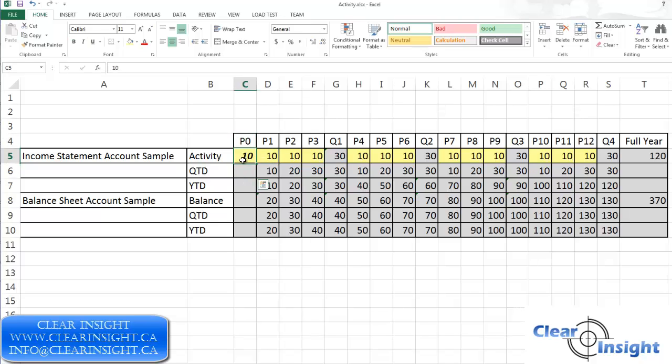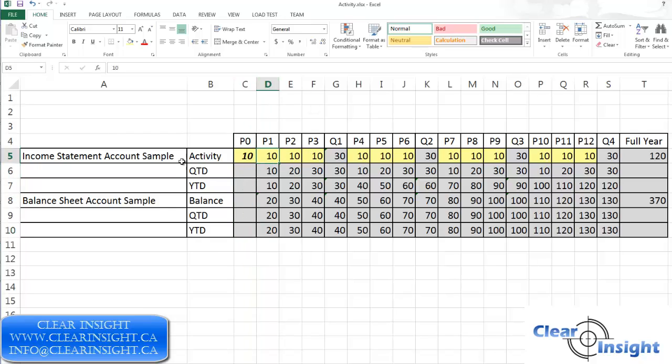and this one, I've left the example on the main line here just to make it more simple, but this one is in bold italics because it really only applies to a balance sheet account. A balance sheet account would only ever have an opening balance in that P0 period. So think of this as our opening balances for whatever accounts they apply to, and these other cells are just